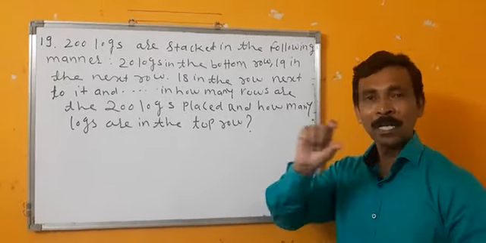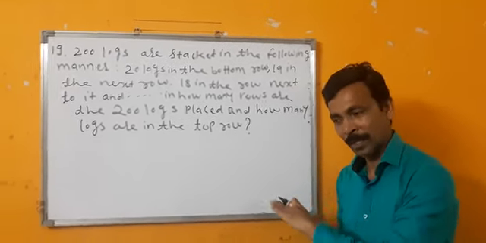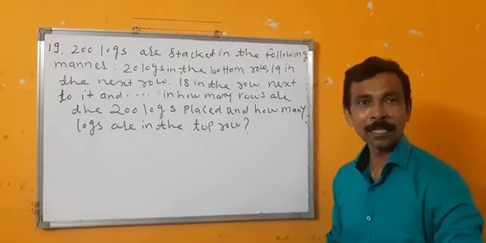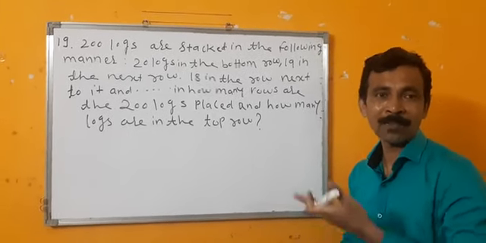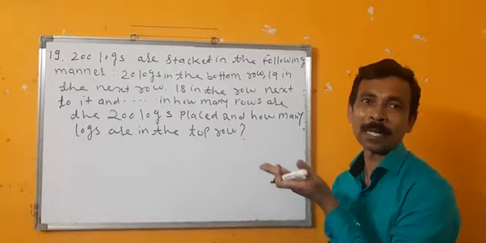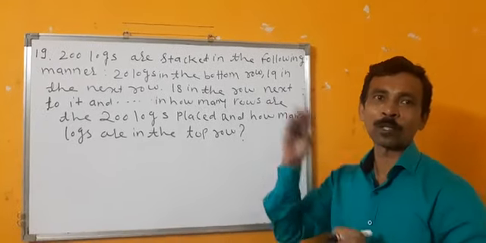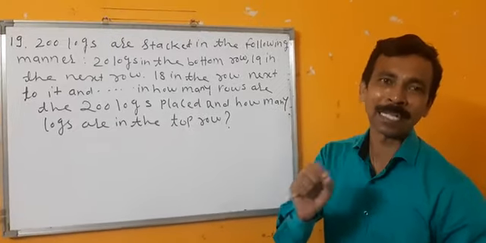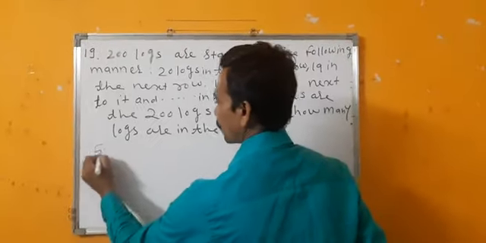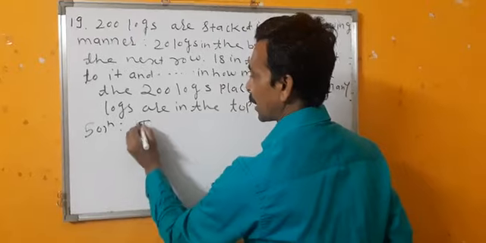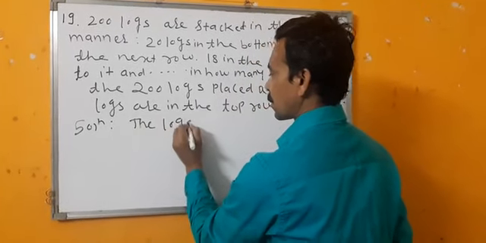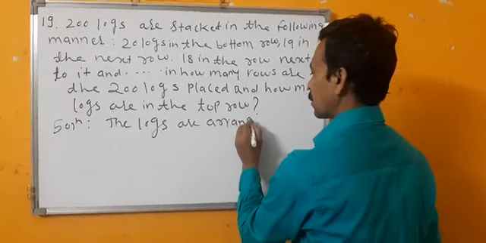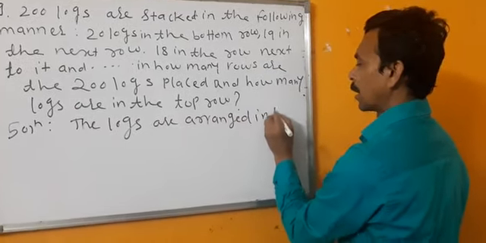Logs are arranged, and you know when logs are arranged, at the bottom maximum logs will be there, and then in the next row the number is less, and it will be going up. So on the top, the number of logs will be less, right? So I'll write here, the logs are arranged in the order,